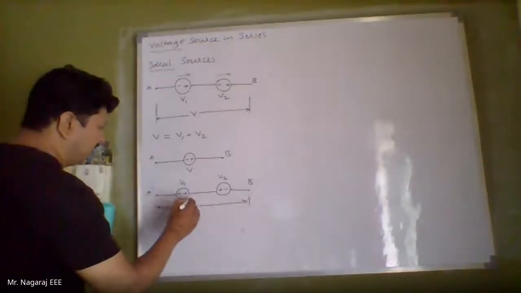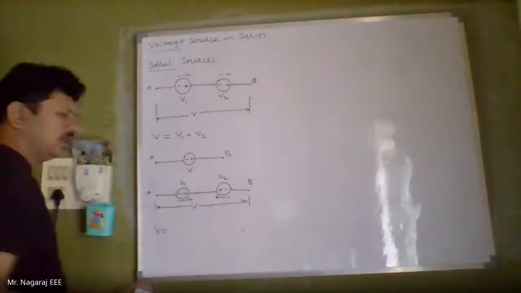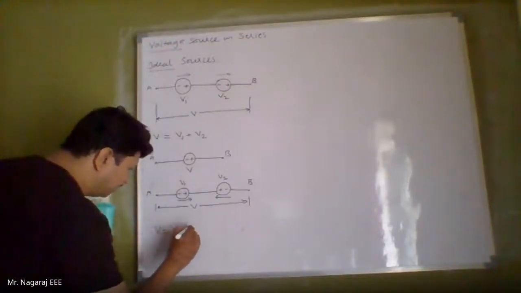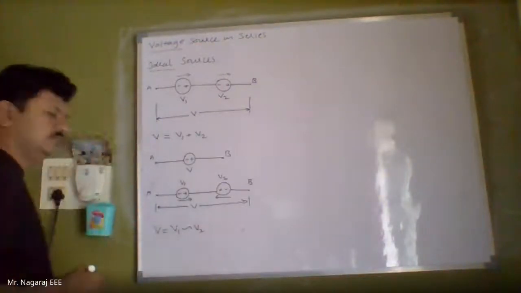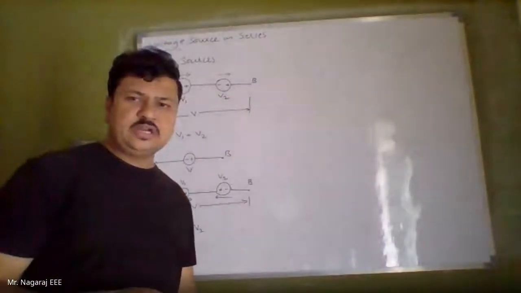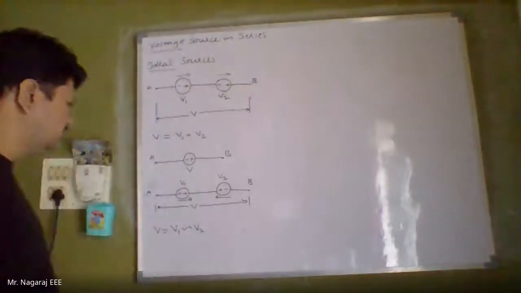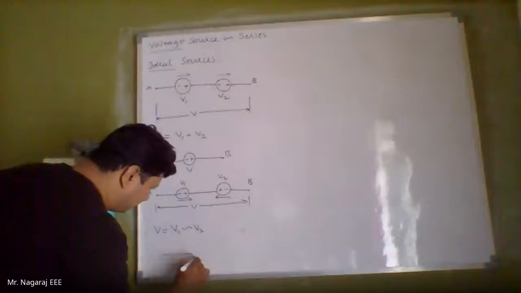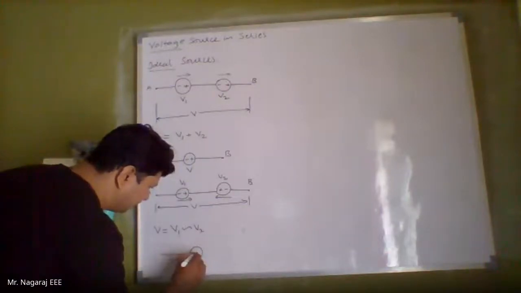One is from left to right, other is from right to left. They are opposing each other. So V is equals to V1 difference V2. If V1 is greater, V1 minus V2. If V2 is greater, V2 minus V1. So in this case also I can represent